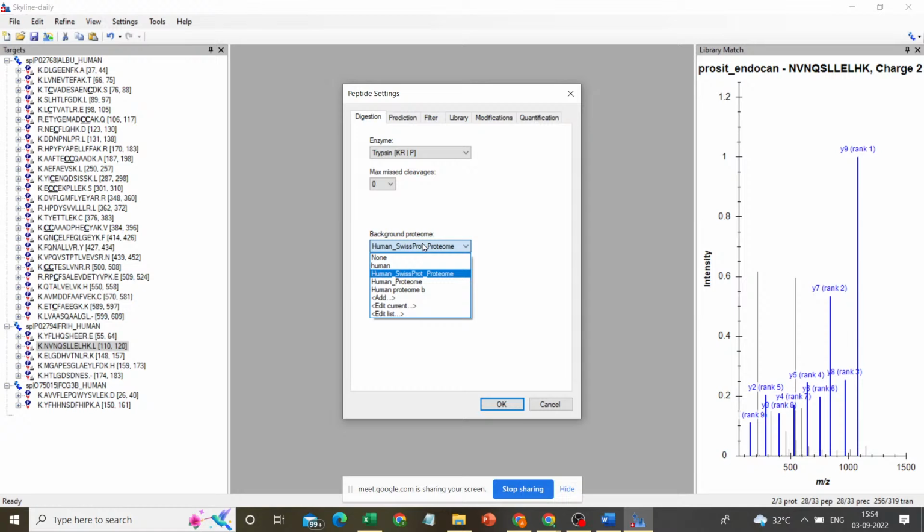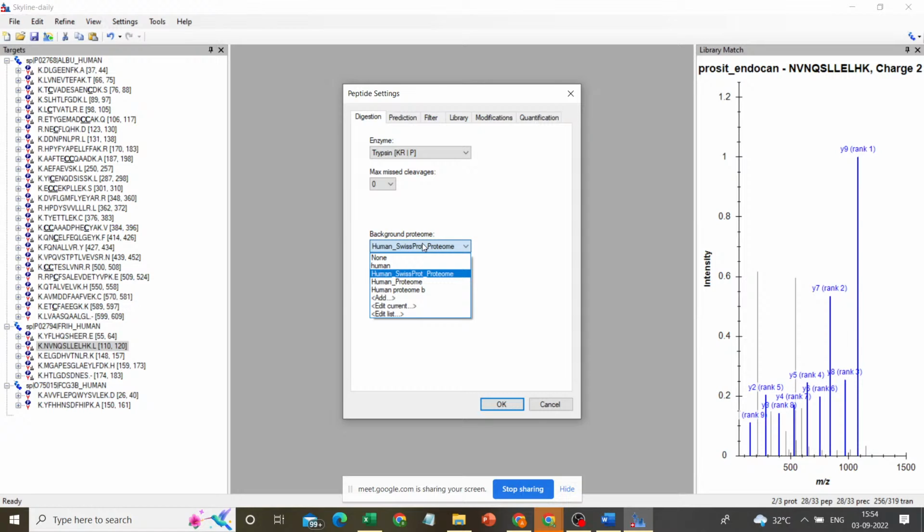When you give that as a background proteome, then whichever mutated sequence comes will come from that proteome database, and when you provide the FASTA sequence for that protein database, then you will not get any error, and also